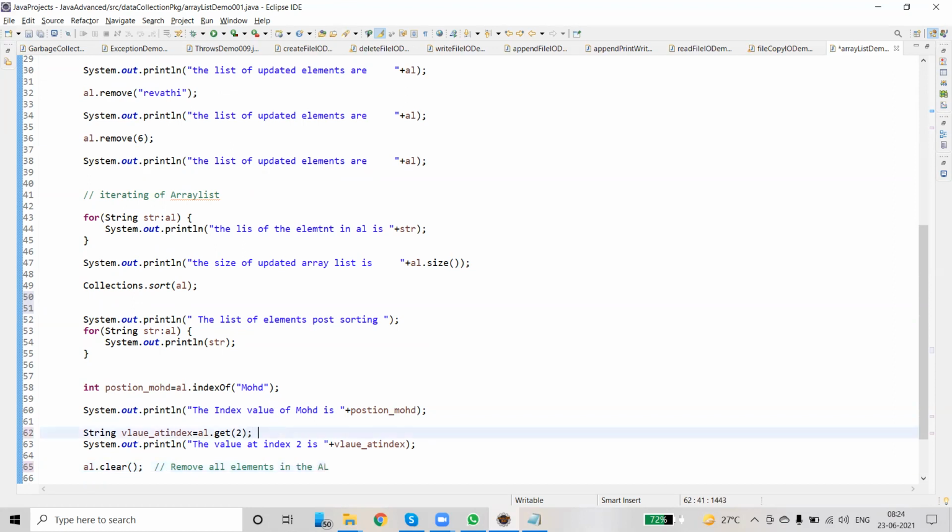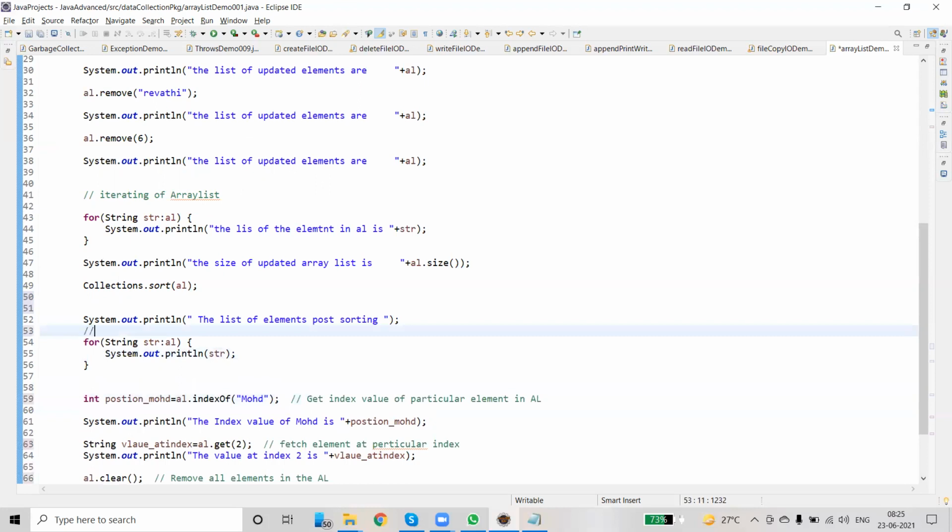This is to fetch an element at a particular index. This is to find the index value of a particular element in the array list. And this is for iteration.